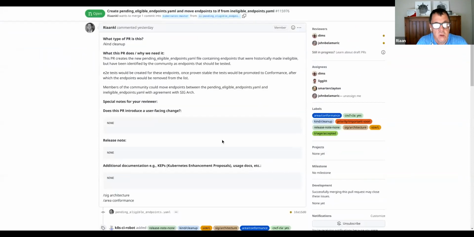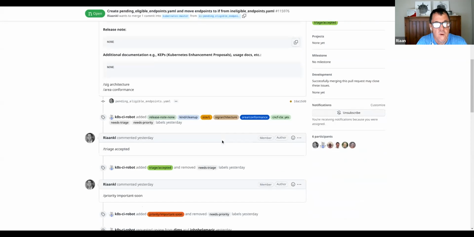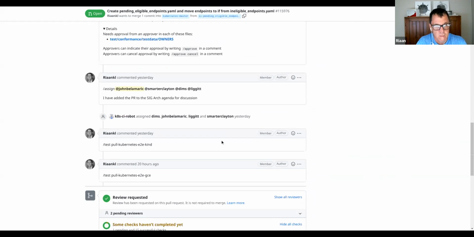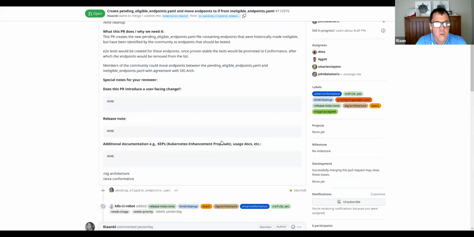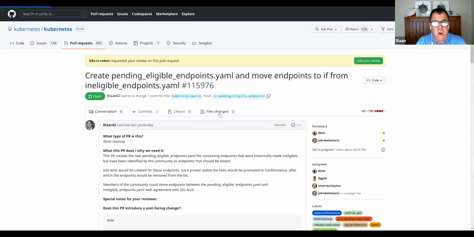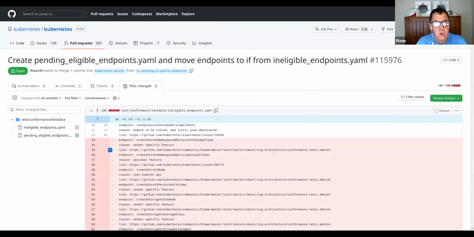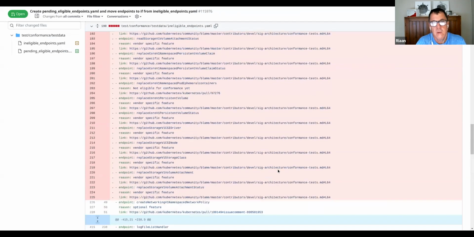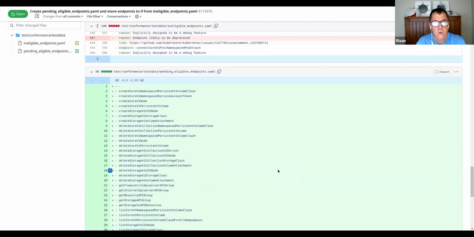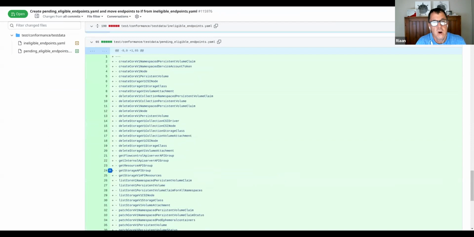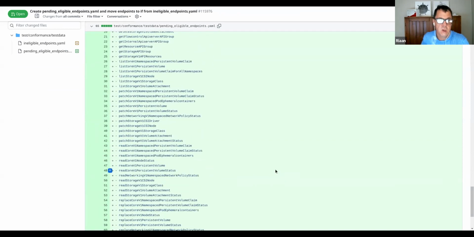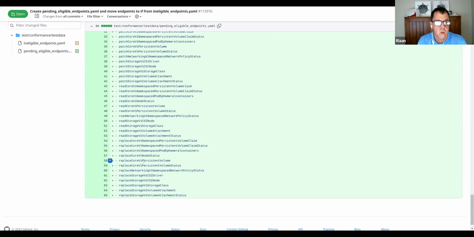So I made this PR to move endpoints from the ineligible endpoints list to a new list, which is endpoints that will be tested. In order to maintain the 100% status, we will create an E2E test for all the endpoints on the new list, let them run stable like we always did for 2 weeks, then promote that to conformance. As the conformance promotion gets merged, we will make another PR to remove the pending ineligible endpoints from this list. The idea is that in the next 12 to 18 months at the most, this list needs to be empty.